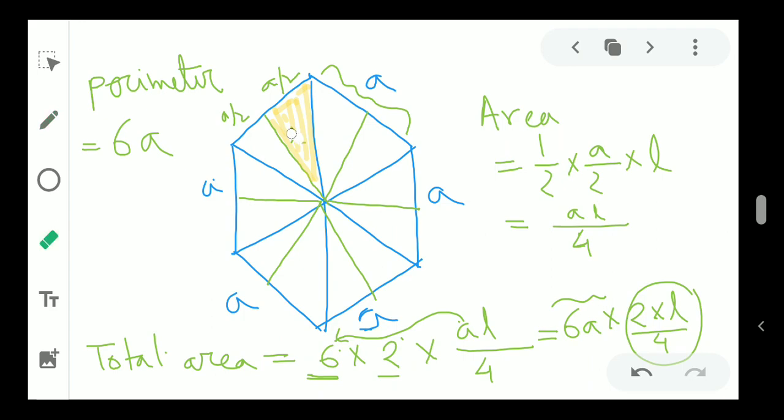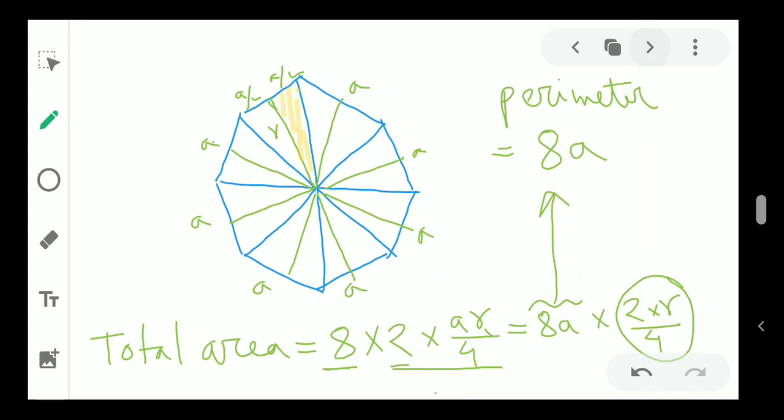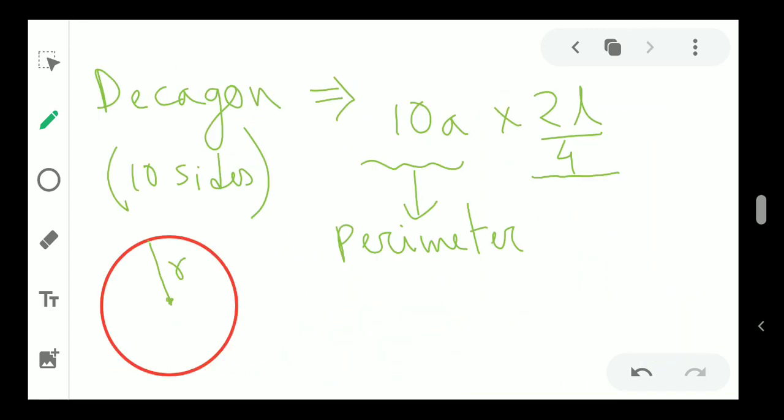This also I will make R. This is also R. Also R. So this is R, this is R, this is R, this is also R. So now you can see that everything is coming like that. So that means for a circle, the same formula will be: area will be perimeter